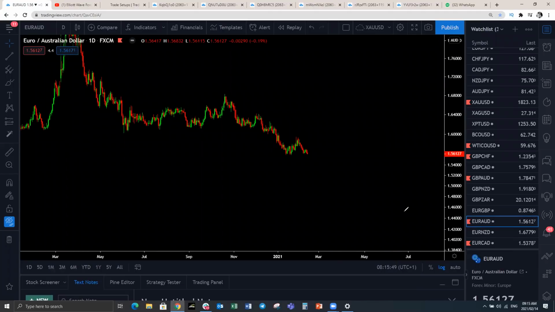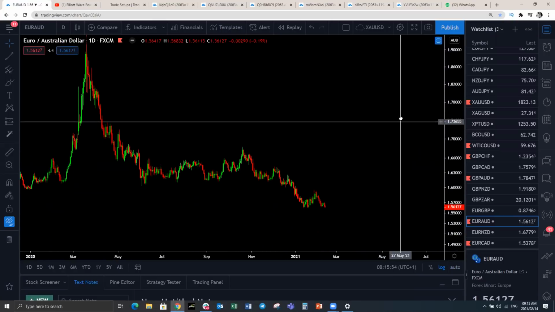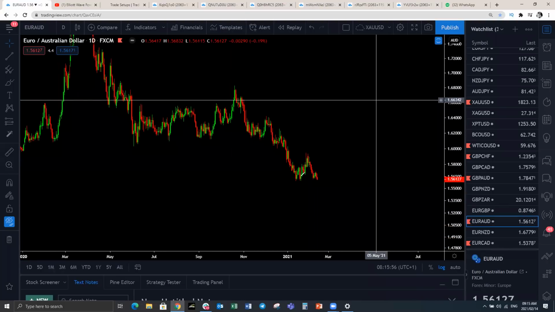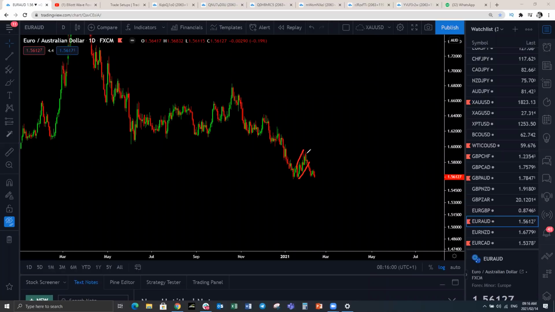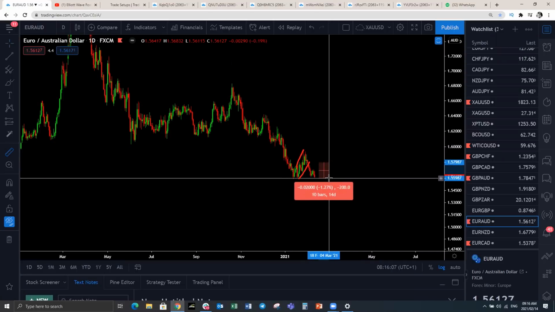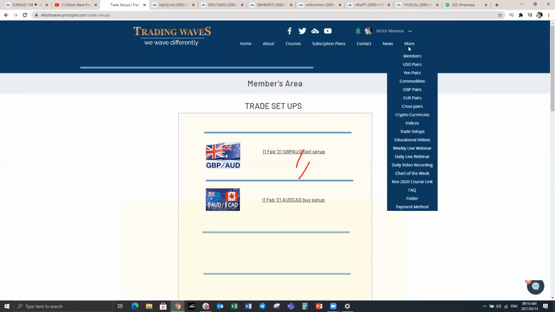So this was our theme for the week during our live trading rooms. From the Monday, this is the structure that I showed to our members, that we are going to have a drop from here coming down. We have already dropped about 200 pips in just that week alone. Where does that come from? Let's have a look at EURAUD just so you can see where that comes from. Let's go to the Euro pairs.